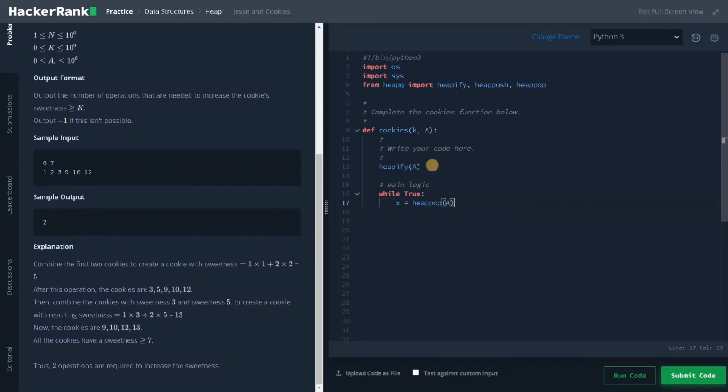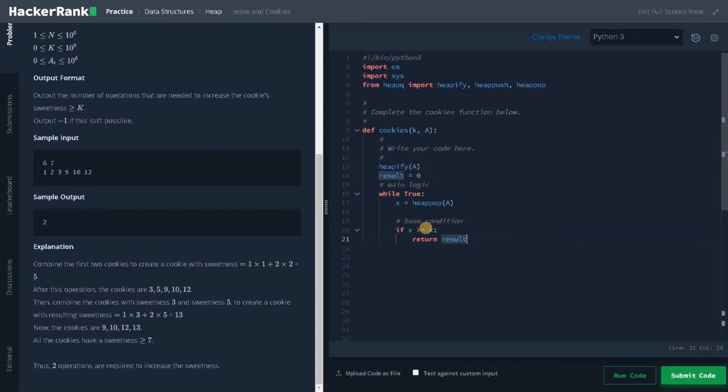This will pop the minimum element from the array. We need to check the base condition. If x is greater than or equal to k, we need to return the result. Before that, we need to initialize the result, so result equals 0.